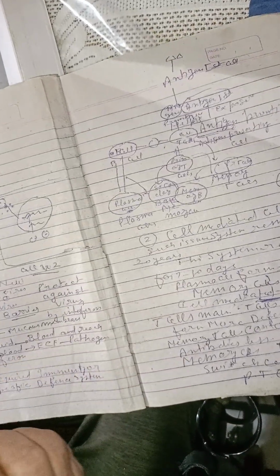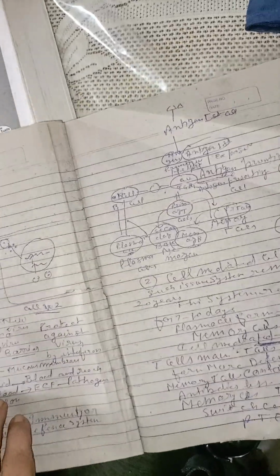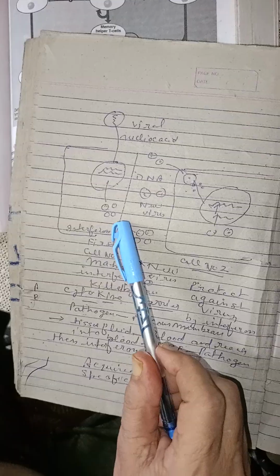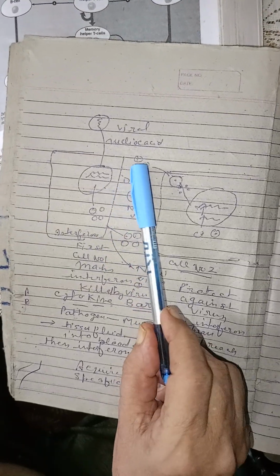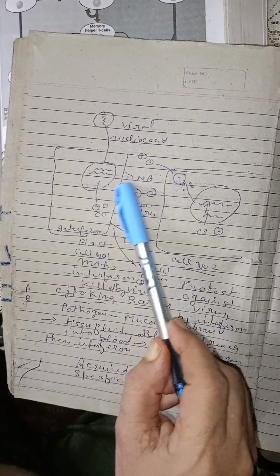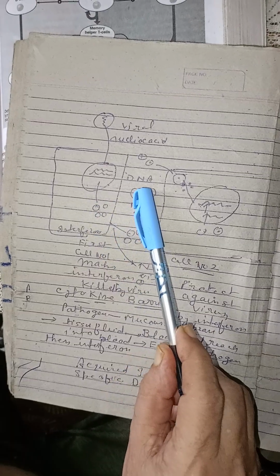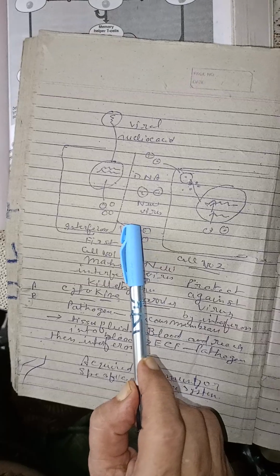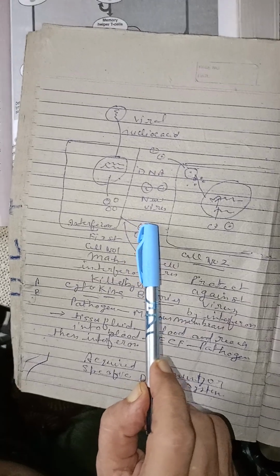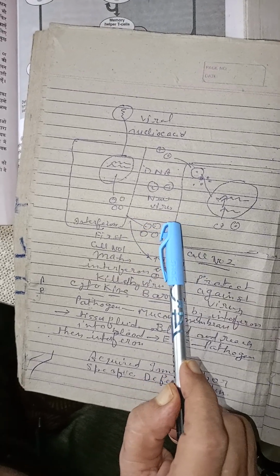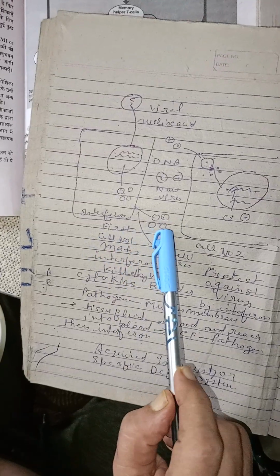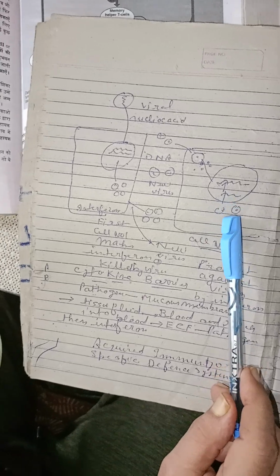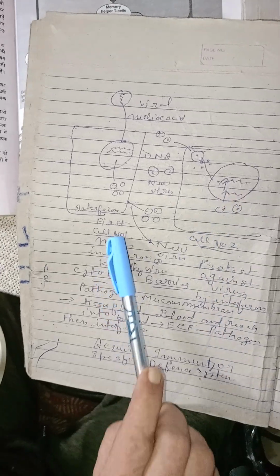Next, cytokine barrier. Cytokine barrier is produced by viral nucleic acid, then it forms DNA and new viruses are produced. These produce interferon. Interferon kills the viral DNA and immunity is maintained.